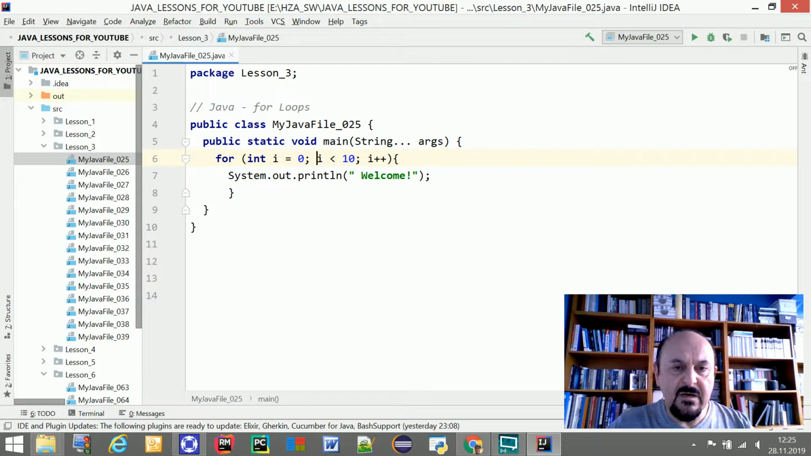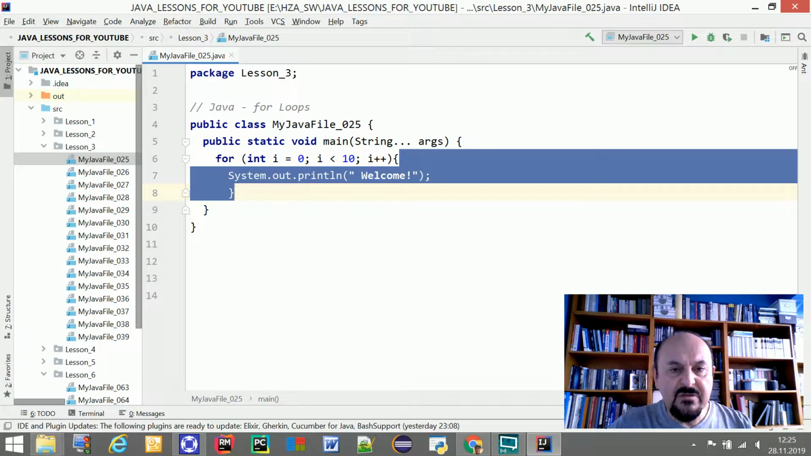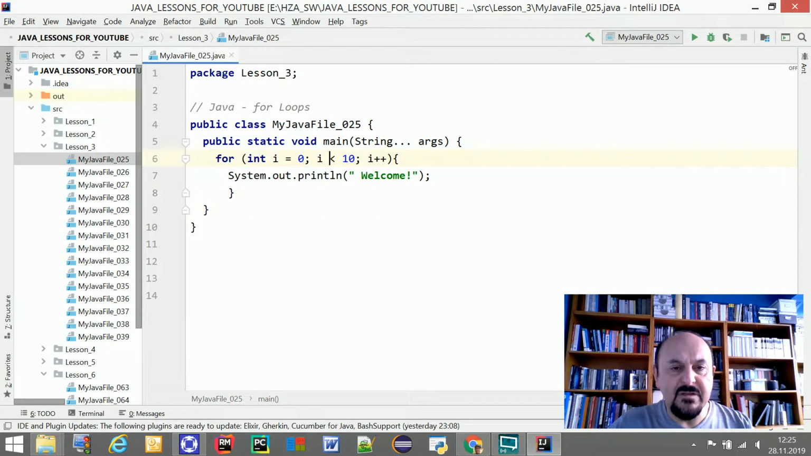So I will be less than 10. So the maximum value of i can be 9. So this is the increment value. It can be increased, in this case, one by one. So this is the method that can be called within this loop. I can show you like this. This is the loop that can be repeated as long as this condition is